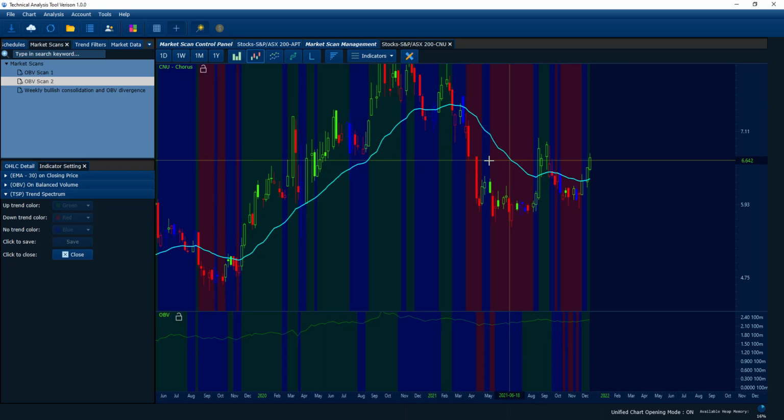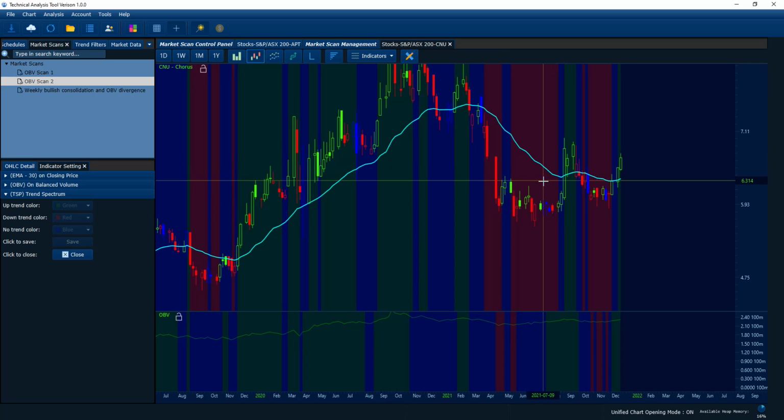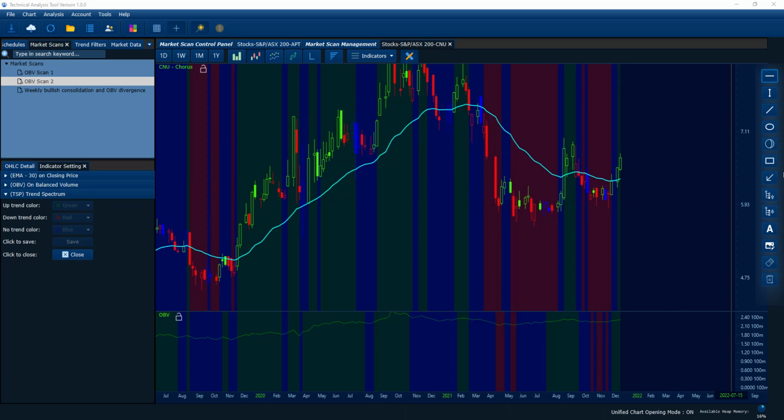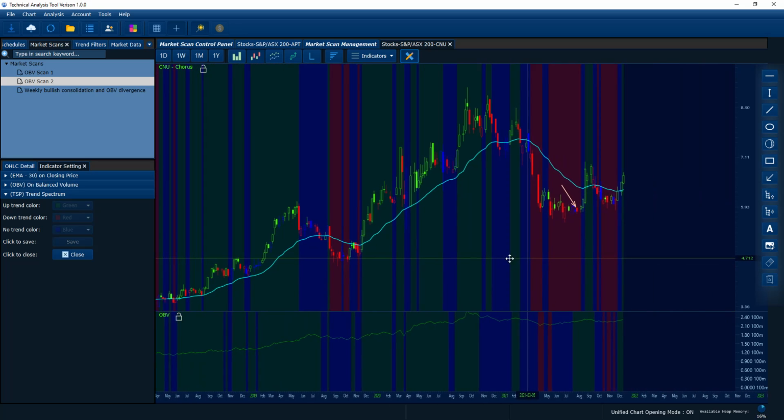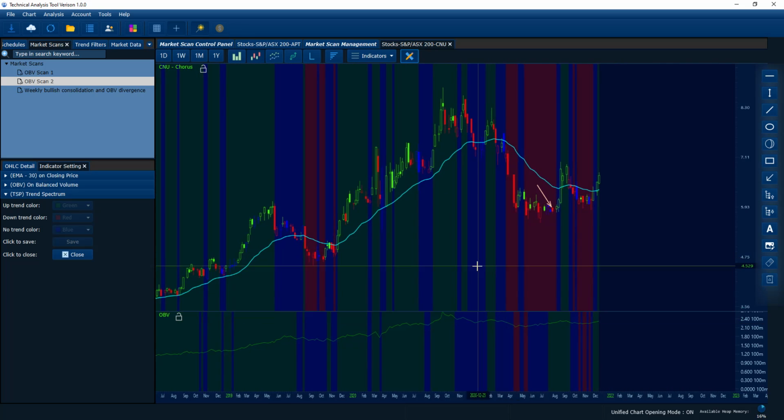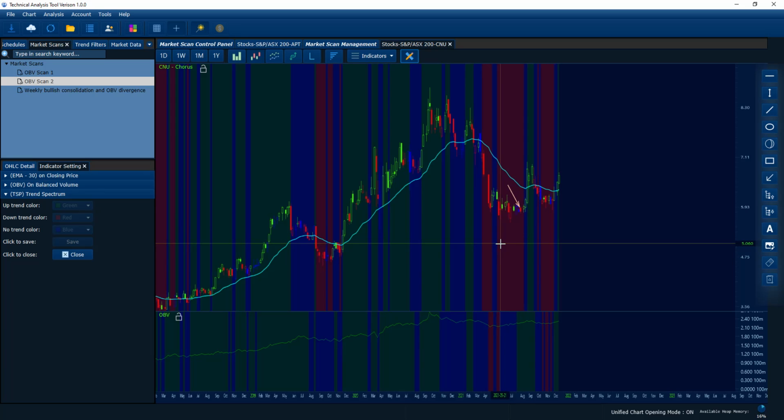Okay, on the 30th of July, according to the scan, it has an OBV that should be here, as you can see. So OBV on this date is in green color. It's uptrend, but our price chart is showing in the red color, which is downtrend. So this happens in this result, which means